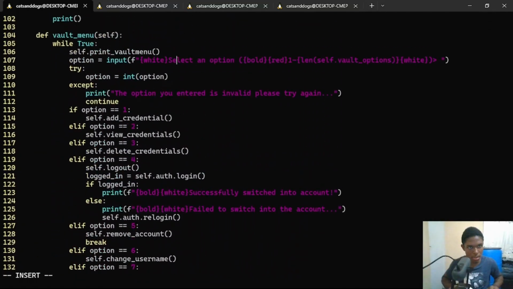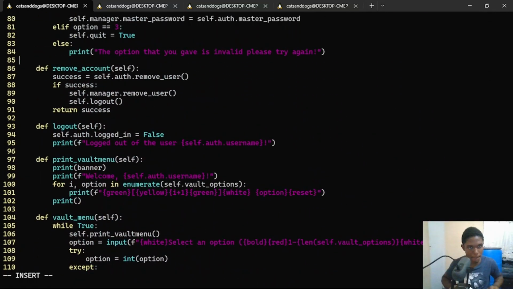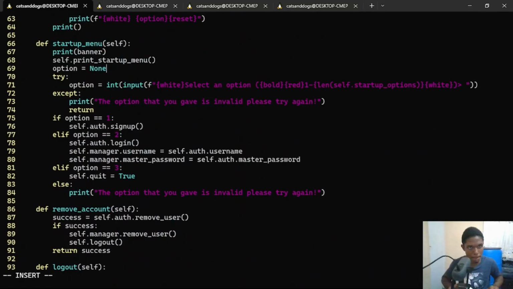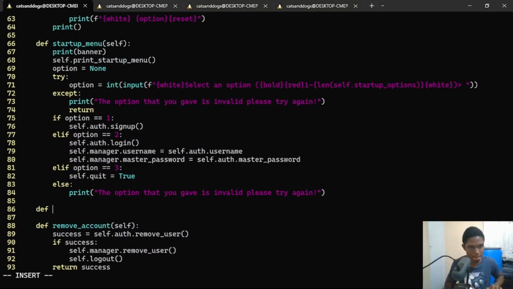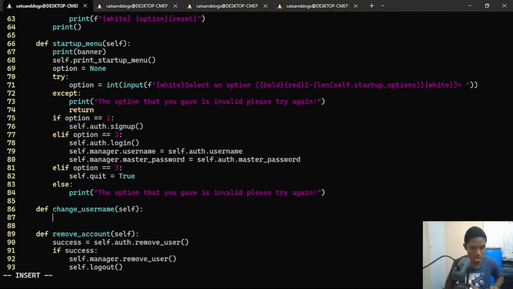Let's see. So we'll define change_username. It will inherit from the self, and we'll simply get the username, right? Yeah, to change the username,